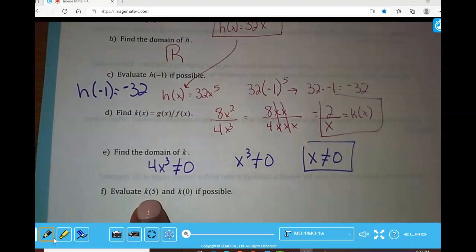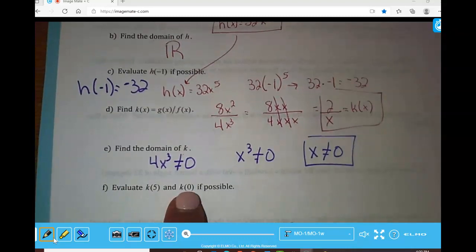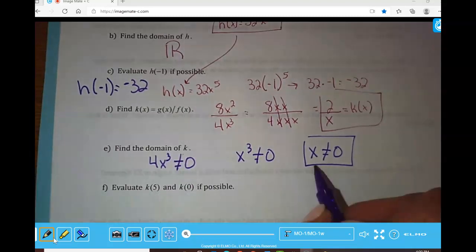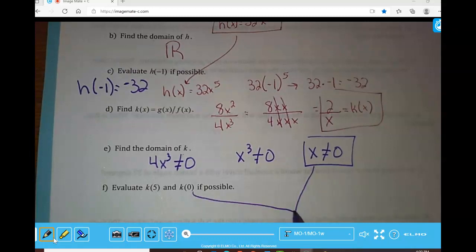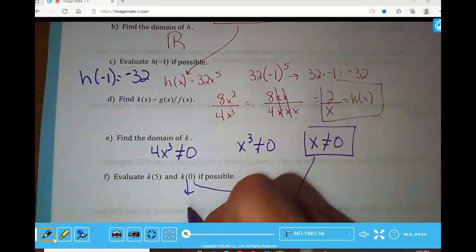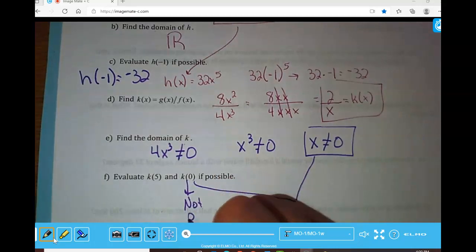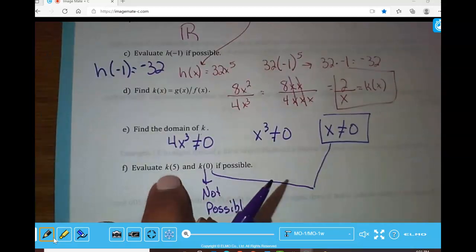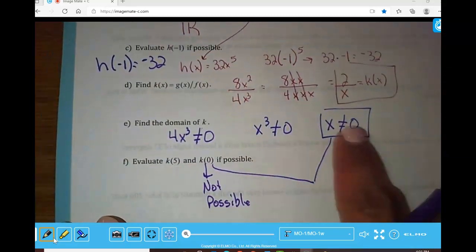And now finally, I'm going to evaluate k of 5 and k of 0. And if you notice already, this one, we just got done saying that you cannot put 0 into your function. So this one, where it says if possible, well, this one is not possible. Right away I know that because this said don't use 0. But I can put 5 in there, and when I do put 5 in there, I'm just going to go to my